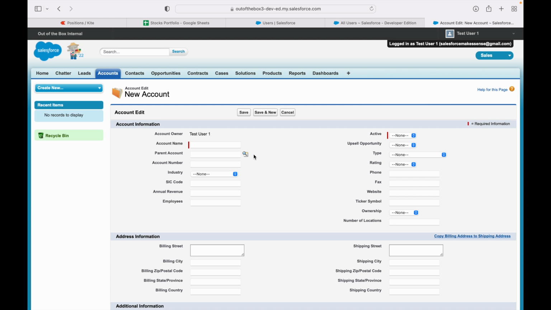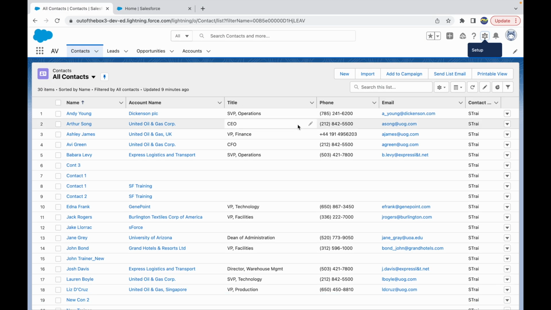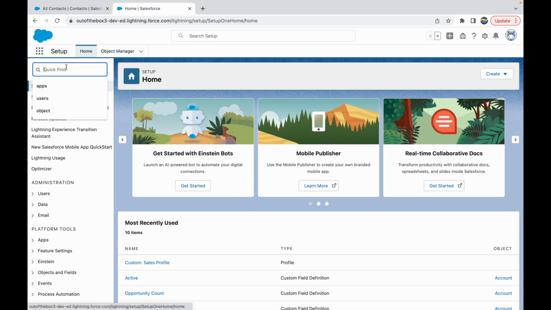So what if I want that this particular test user 1, which is assigned the custom sales profile, should not have access to the account object altogether? To be able to do that, let's go to the system admin view. So I'll just switch over to the system admin view, and let's go to the setup